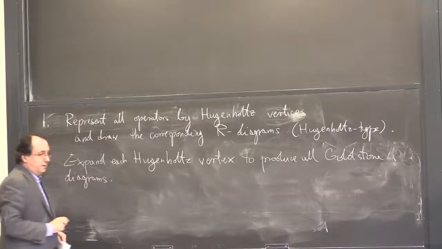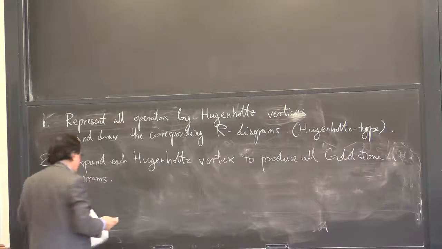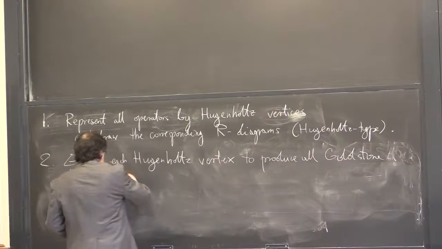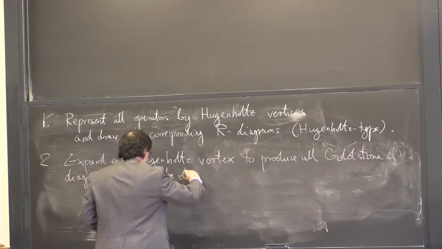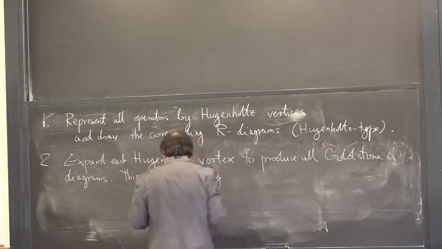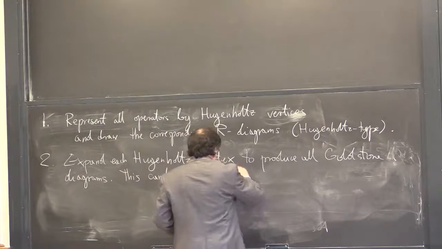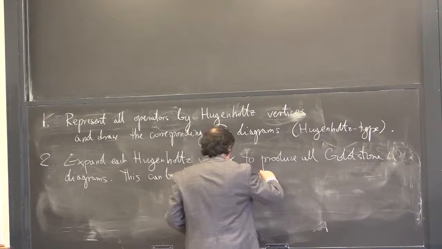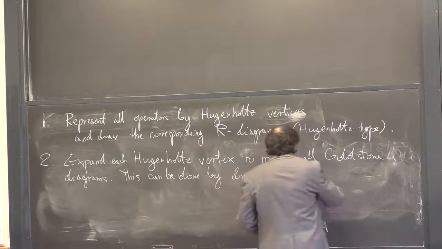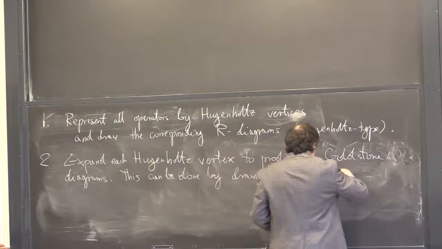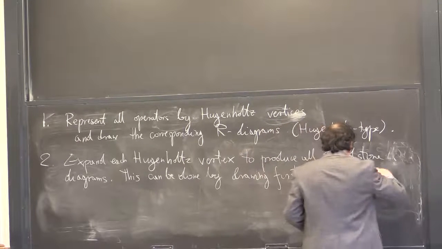Okay. How to do it best? The best idea here is as follows. So I'll write like this. This can be done by drawing first one of the Goldstone diagrams